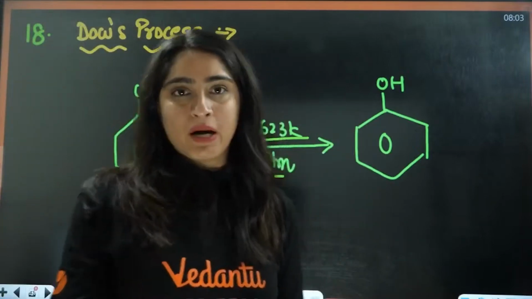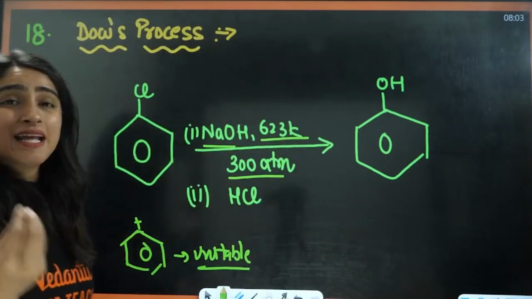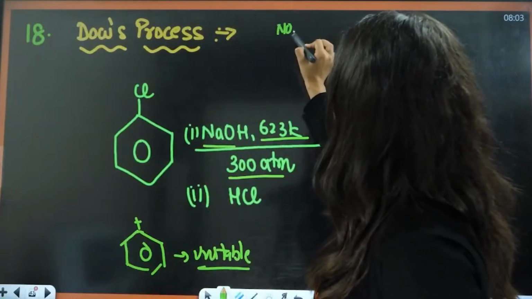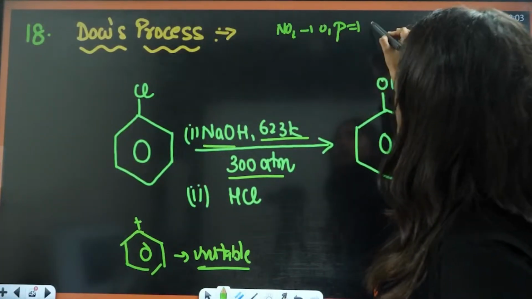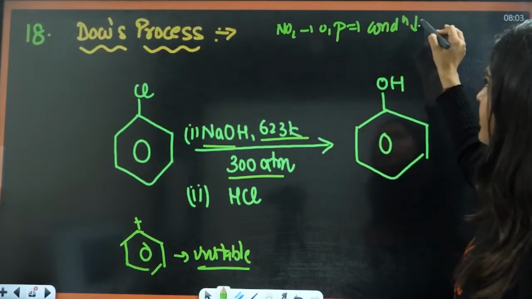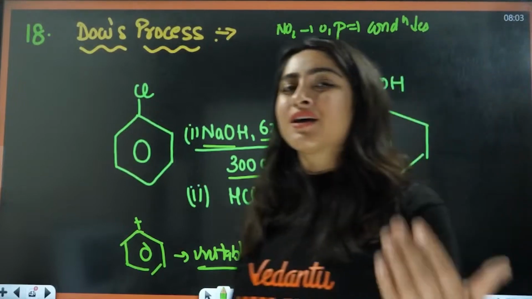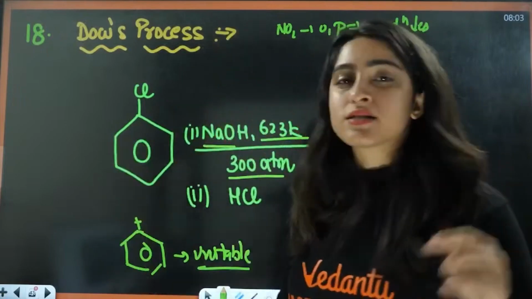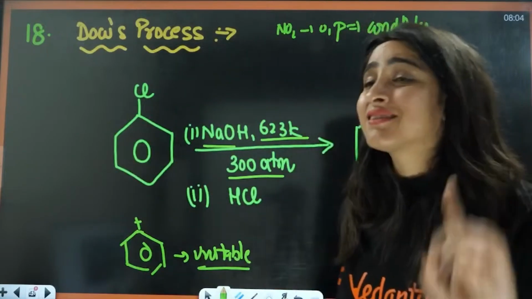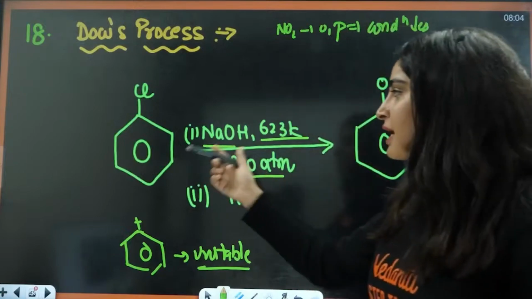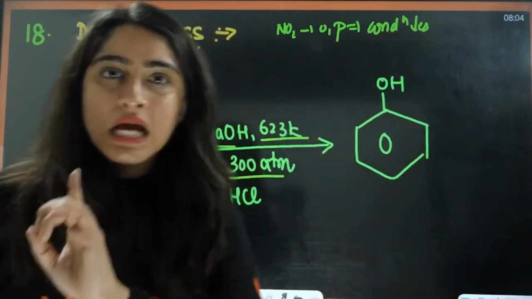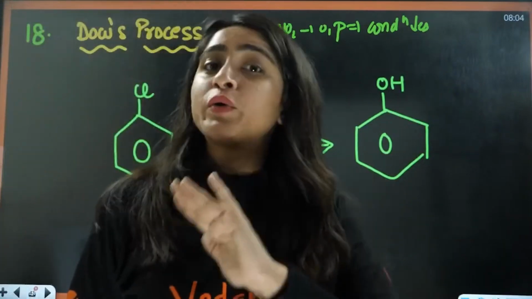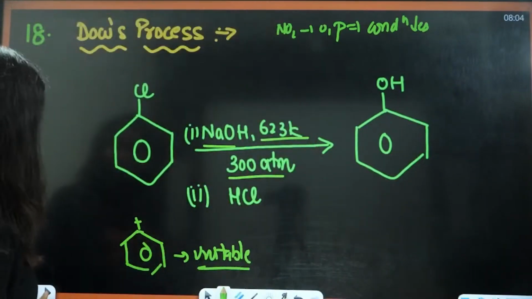And the main important part here is, if you are adding an NO2 group, that is an electron withdrawing group, at ortho and para position, the drastic conditions decrease. The temperature required will be less here. If you're talking about 2,4,6-trinitrochlorobenzene, in that case you will just warm this and you will have your picric acid, right? Understood this? Okay, at meta position it doesn't matter, because at meta position we do not have any negative charge in the resonating structures.